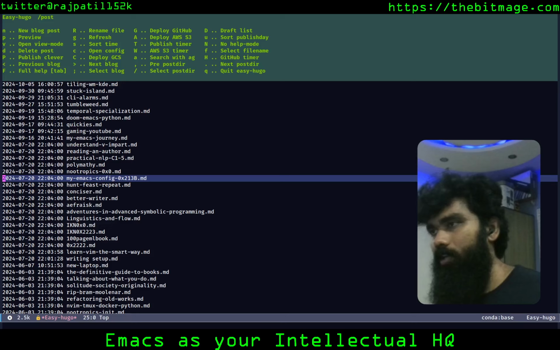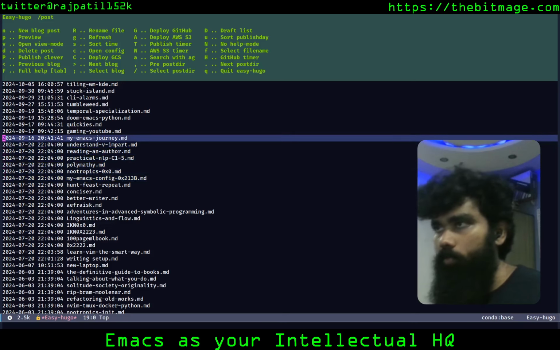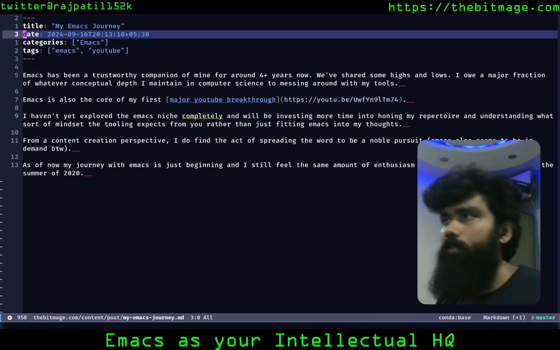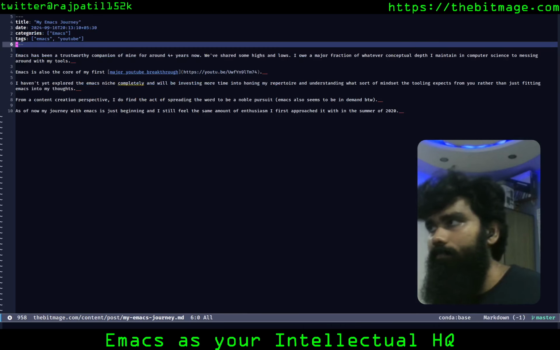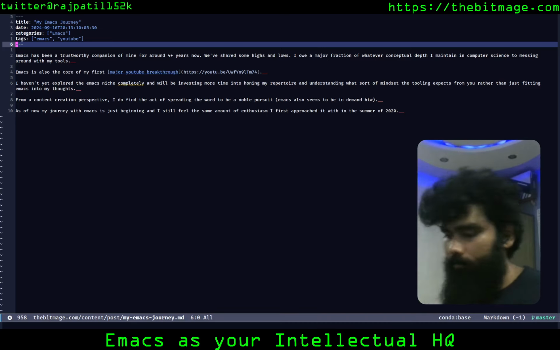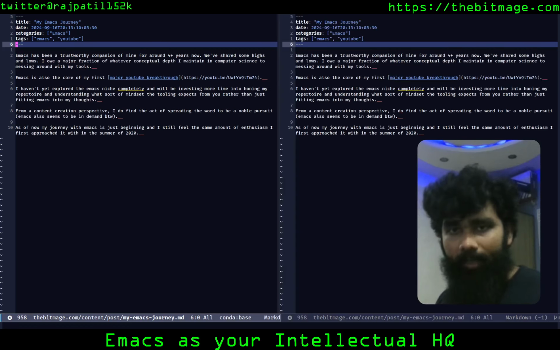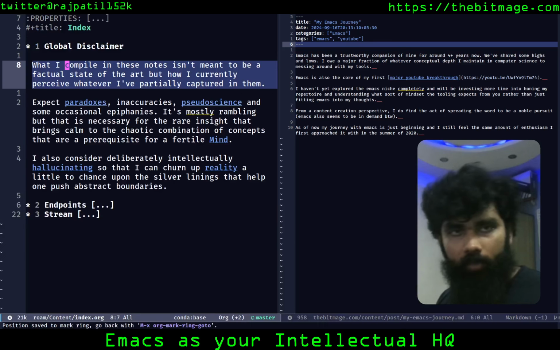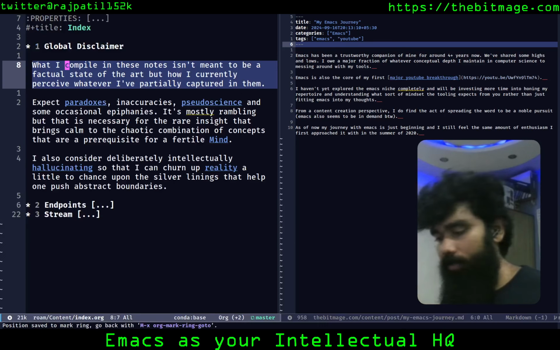So what I do is, for example, I use my Emacs journey. When did I blog about this? Sometime before. Yeah. The things that I enter in here are somewhat curated in the sense that they're picked up from the org-roam nodes and pushed in here. And how I actually decide what I want to write on is by just fooling around in the whole buffer. There's a couple of ways I can fool around. I'm going to go into the index and show you the most interesting way that I fool around, which is with org-roam UI.